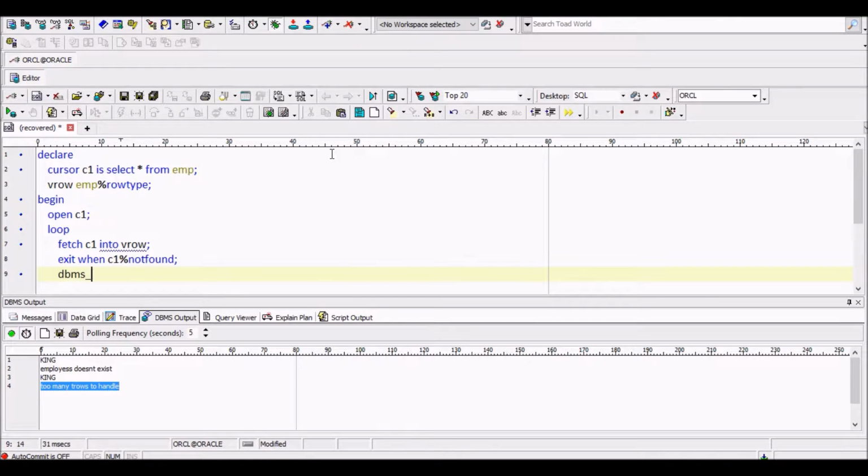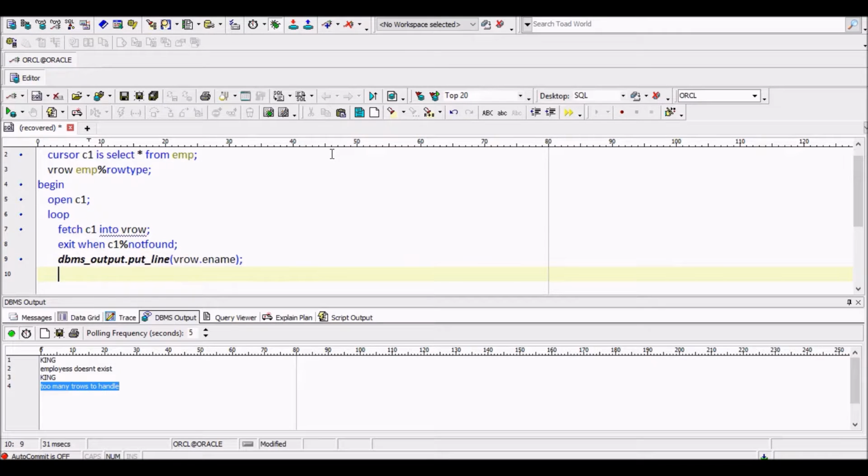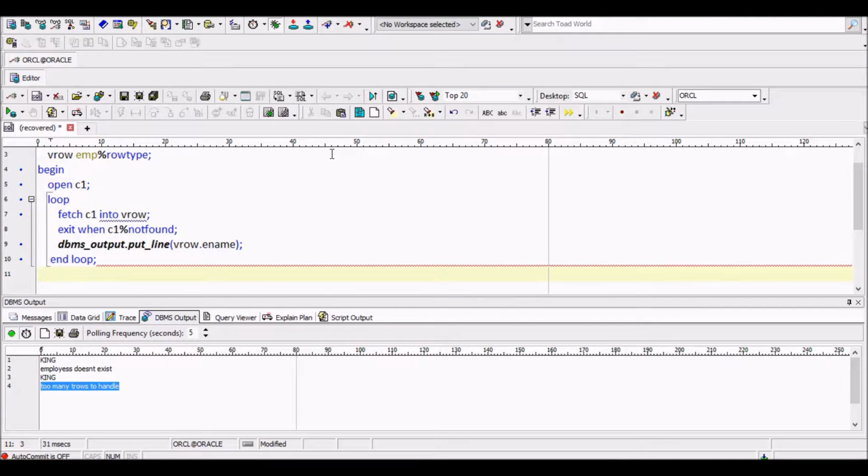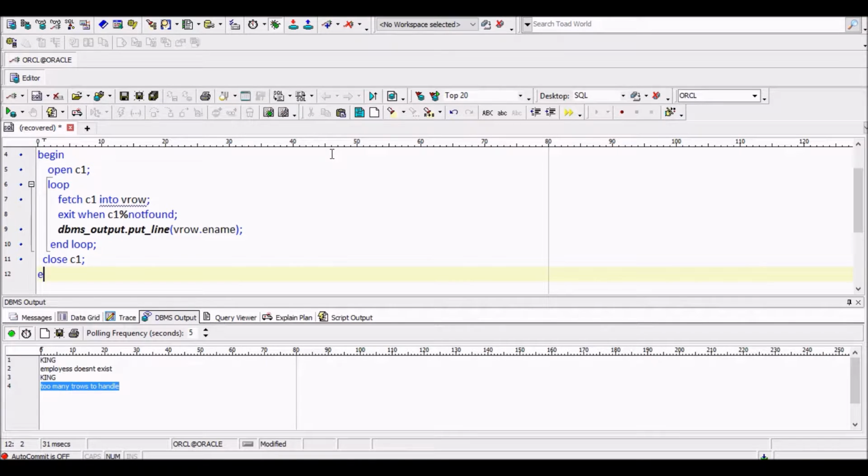Then DBMS_OUTPUT.PUT_LINE, so what do we need to print? v_row.ename. Then we will END LOOP, then we will CLOSE the cursor and we are ending the block.